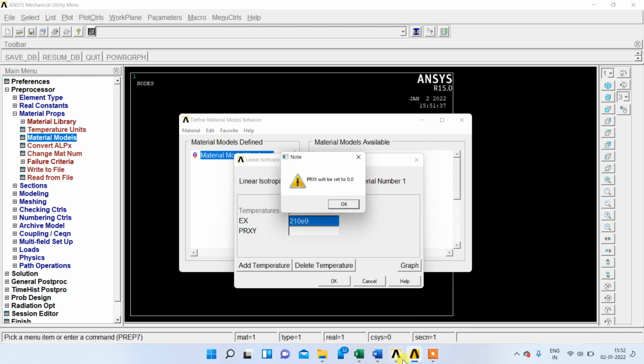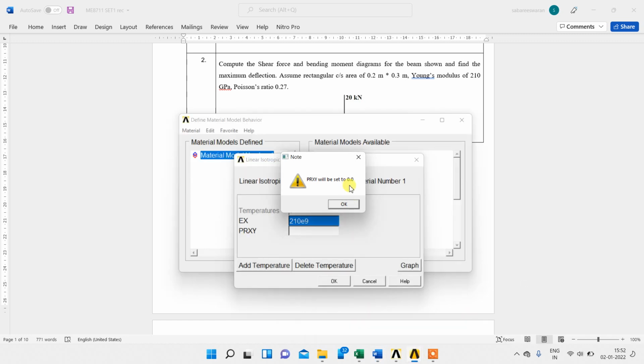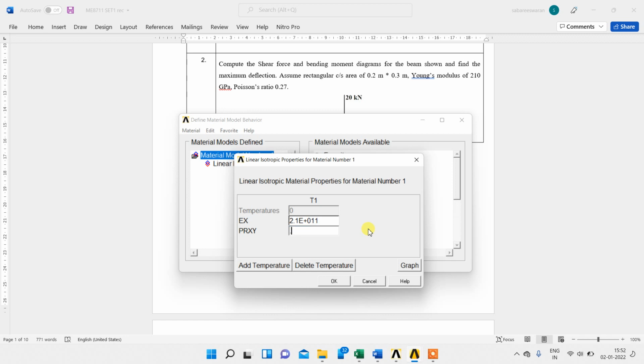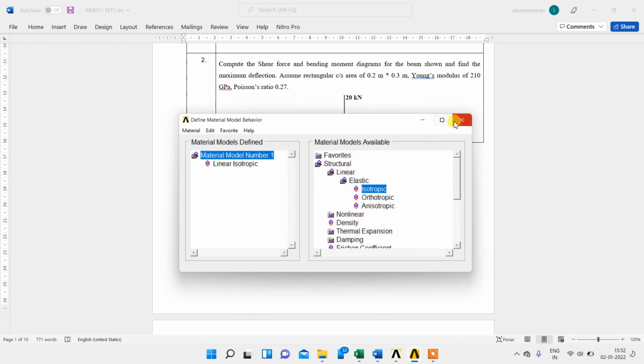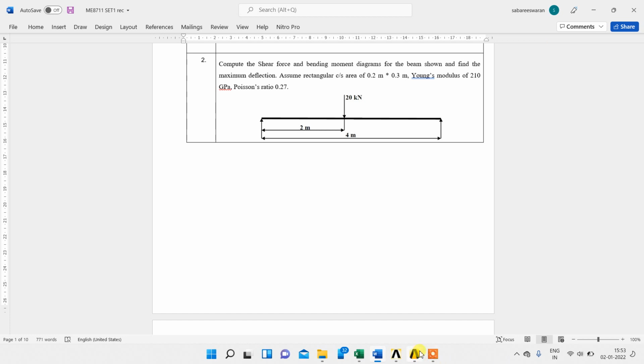The Poisson's ratio is given in the problem statement as 0.27, so we can use that Poisson's ratio, 0.27, and then click OK. Now close the dialog box.